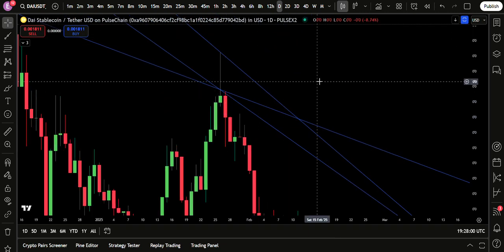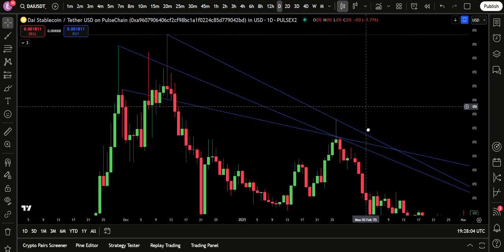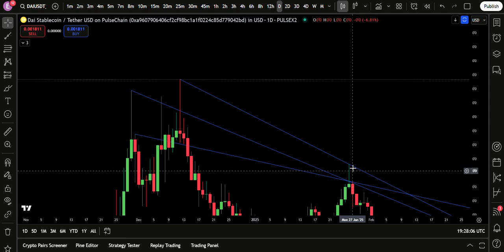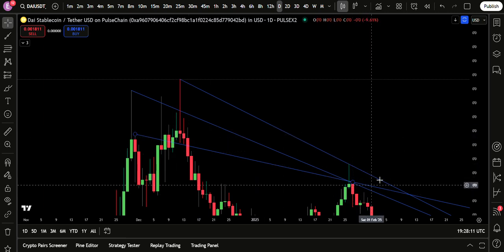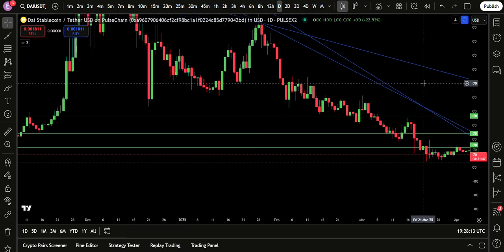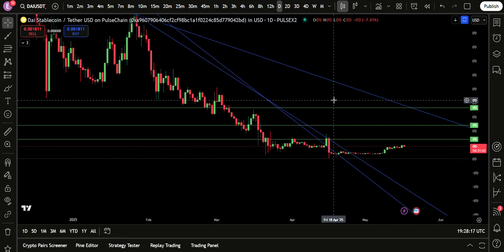So you can project your ray for the top of one of the wicks to the top of one of the wicks, or the top of one of the candle bodies to the top of one of the candle bodies, and then see what happens, right? Try and do it on the highest points or the lowest points, get what I mean?